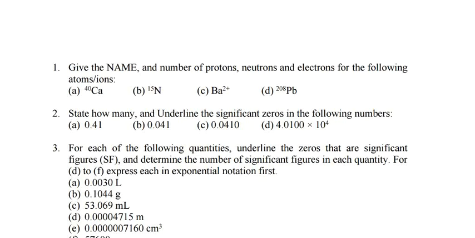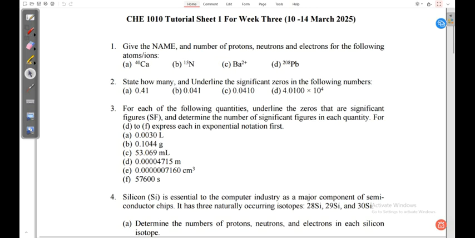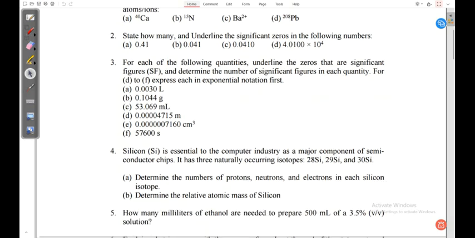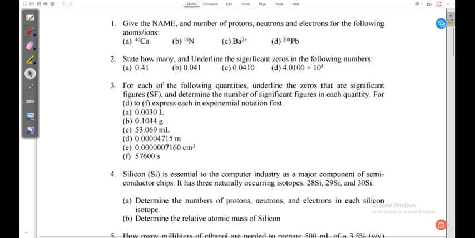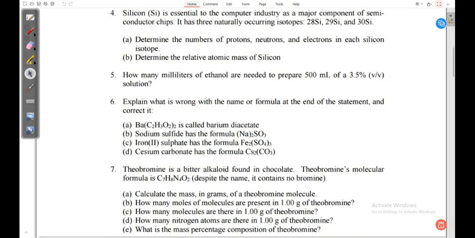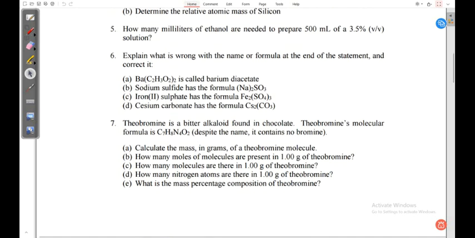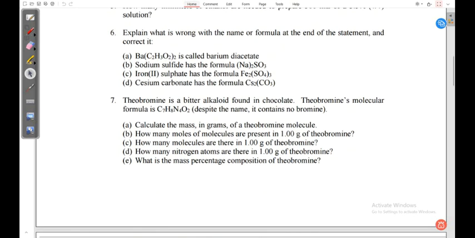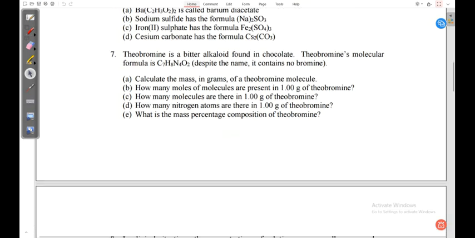Alright, so in this video, we just want to go over a Chemistry 1010 tutorial sheet 1. This is 2025. So these are the questions that we have. You can see give a name, number of protons, neutrons, and electrons, significant figures, and then we have a question on the isotopes, determining the relative atomic mass, and the question now on the formulas,